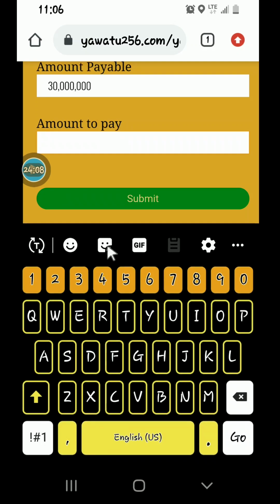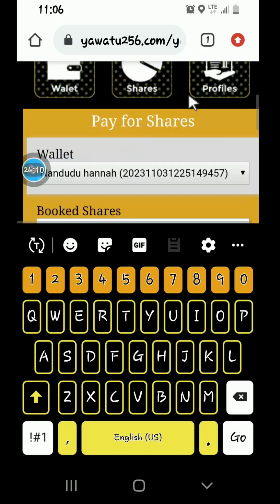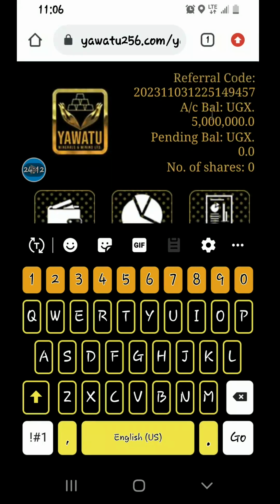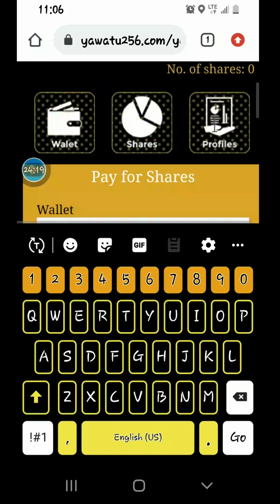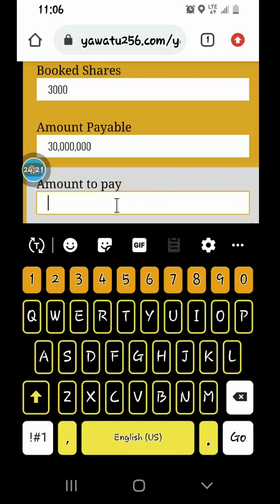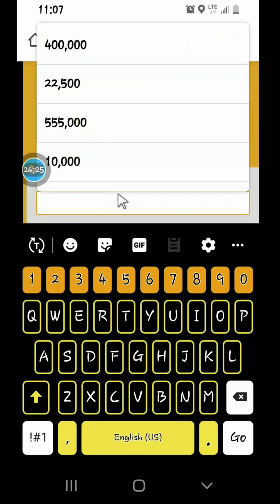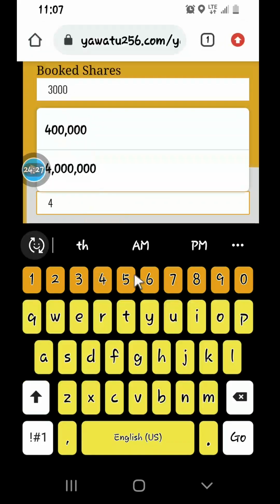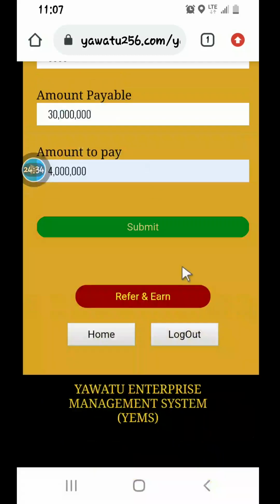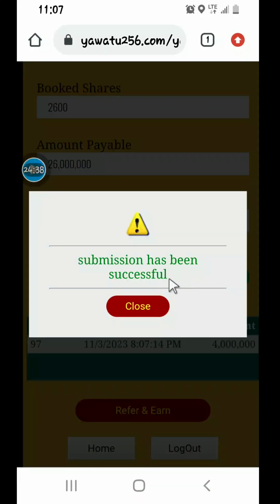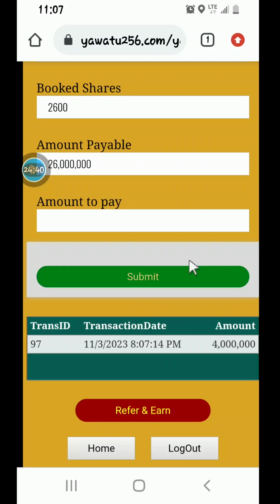But remember, whereas you booked for 30 million, your balance is 5 million. So you can only pay for shares up to a maximum of 5 million. Let's assume we want to pay some money. Let's assume we are paying only 4 million. So we shall go ahead and pay 4 million and submit. So if we click submit, submission has been successful, and therefore